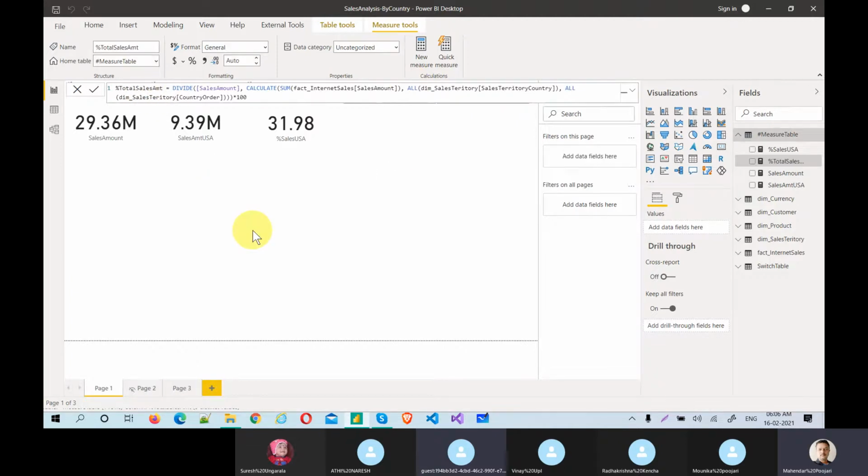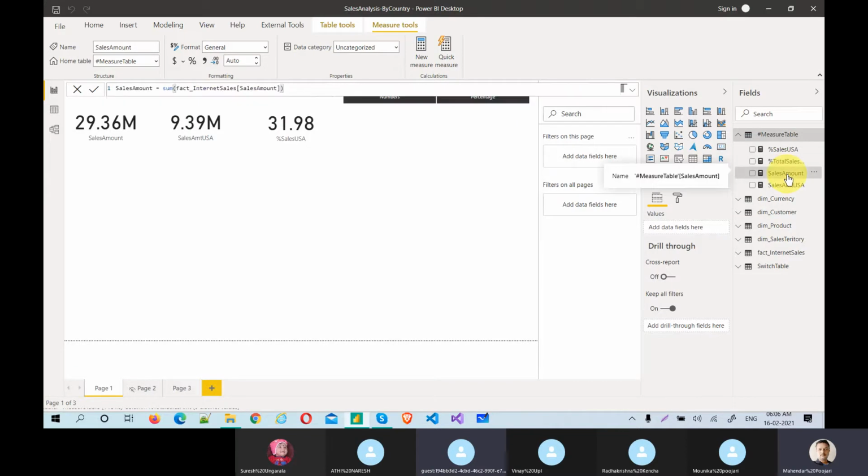But again, observe closely this sales amount. Now I'm going to rename it to total sales amount, because sales amount actually makes sense to me. I'm just trying to change that to total. Will this affect this percentage of total? Because I'm renaming.